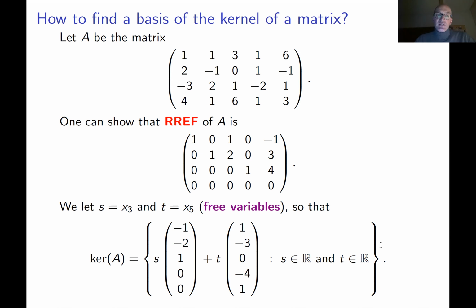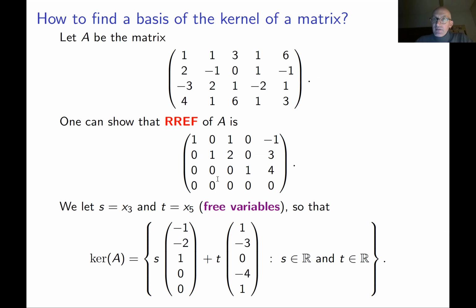But this exactly means that the kernel of A is the span of these two vectors. So these two vectors are the basis of your kernel, basically by definition. It's easy to see that they are linearly independent, of course, but this also follows from your solution. We know from the rank-nullity theorem, for example, that the kernel is two-dimensional, because the rank of this matrix is the number of non-zero rows, which is 3. So you apply rank-nullity, you get that the kernel is 2.